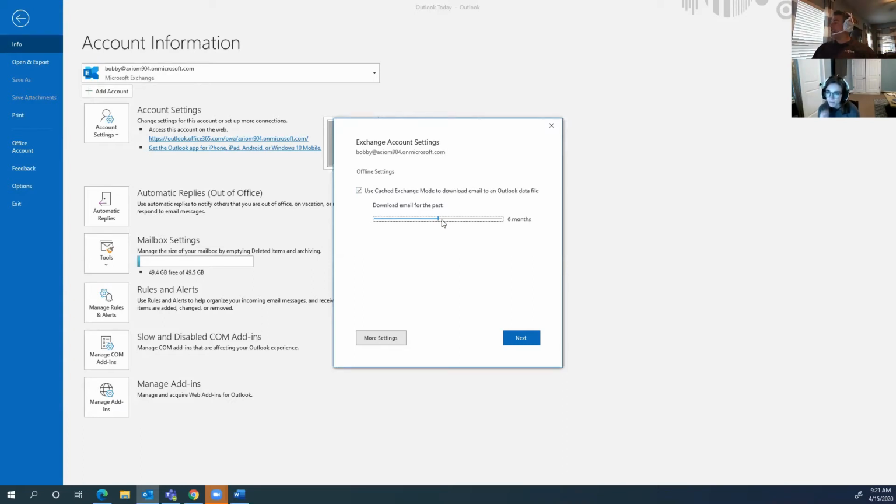Even if you are using the workstation on a regular basis, I recommend that you pull it down to 6 months to a year at least, just to make sure that you keep the file that you've got local as small as possible, because it's just a better experience. I've seen users that have had 20 or 30 gig sized OST files that are just massive, and they're so unwieldy. Outlook just kind of chokes when you go to open it. It doesn't really handle those massive files very well. So this is really a good thing.